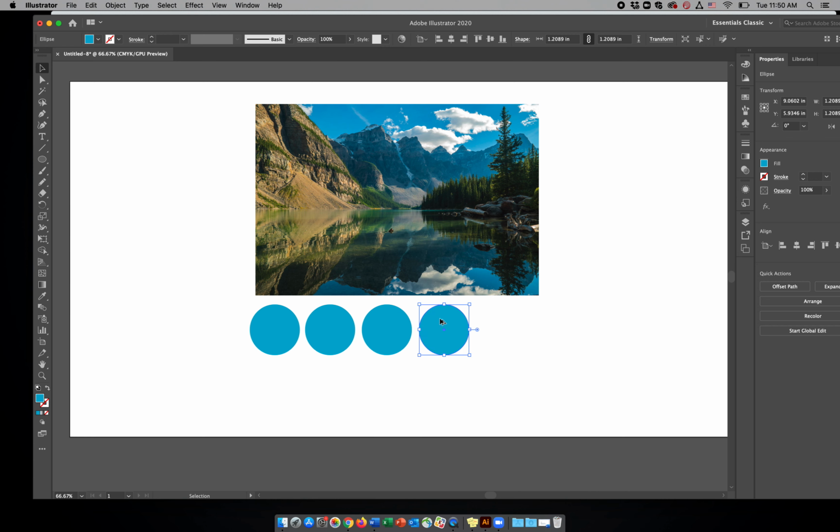So I'm gonna do 5 different colors here. Right now it's all blue, but we're gonna change that. Now we're gonna hit I on our keyboard to get to the eyedropper tool. I've selected this first circle. Now I'm going to go in and I'm going to select my first color, which I think is going to be this kind of like dark